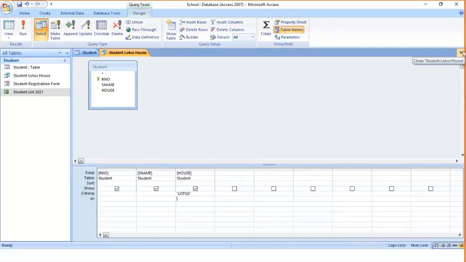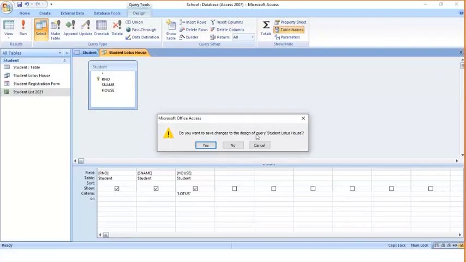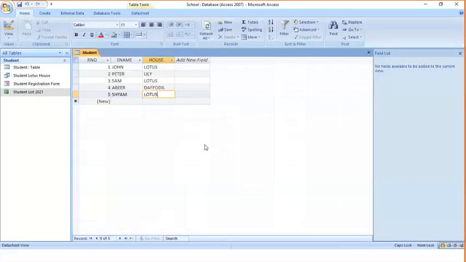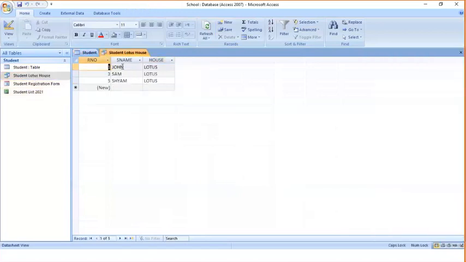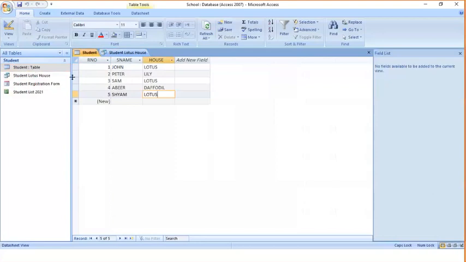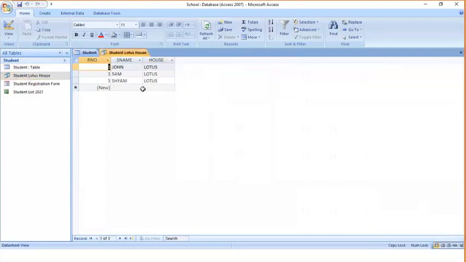So again you go to close, and it will create a query. Okay, so here you can see the query will be created, student Lotus house. Now I will double click on this, and you can see the table will show only Lotus house students. So like this, our master table is this, and in this query you will get the result.